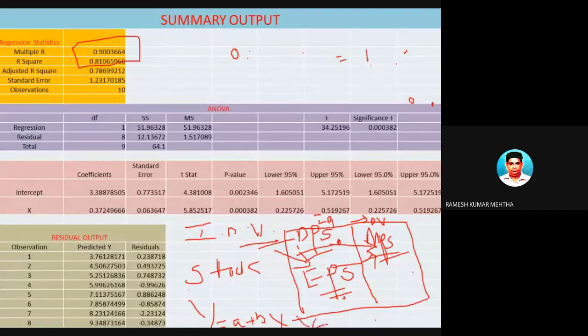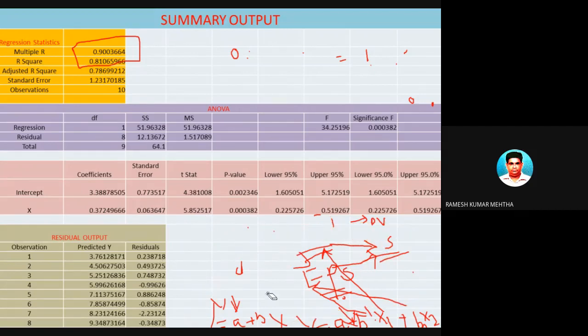So the equation becomes y is equal to a plus b1 x1. What is x1 here? x1 is dividend per share. Now plus b2 x2. What is x2? Another independent variable, which is earnings per share. So this is a single independent variable, and here there are two independent variables. This is a simple linear regression. This is a multiple linear regression. So this is the way you can work.